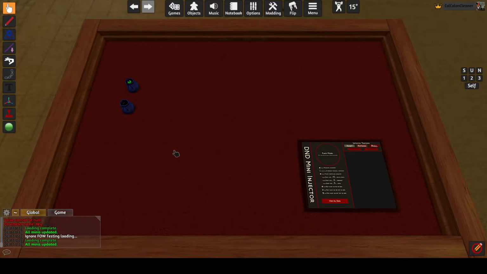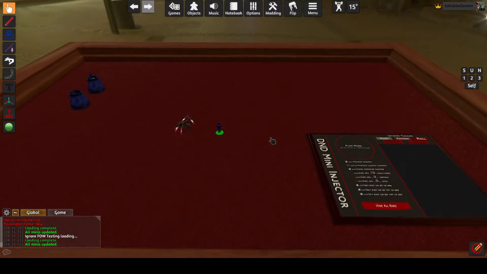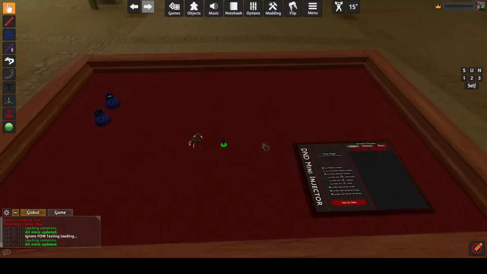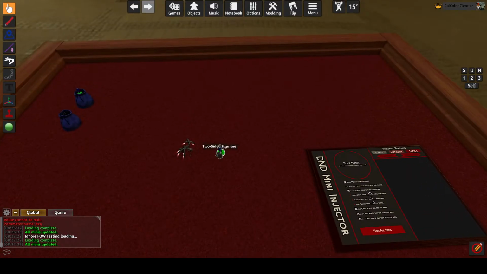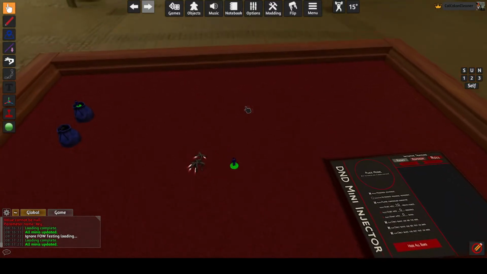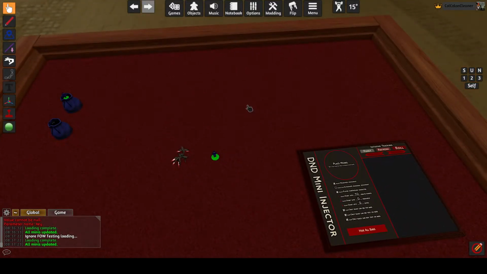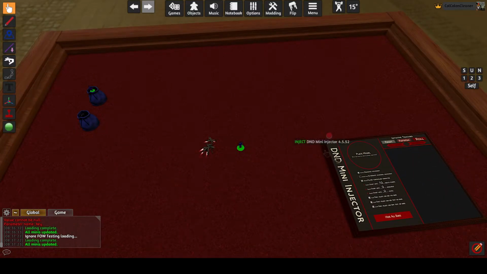Hello there. This is going over the problem you were having with models and asset bundles being corrupted after a save after being injected with the D&D mini injector. This is actually not a problem with the mini injector or any compatibility issue with those asset bundles or models. It is actually a bug with the Fog of War system, and it has already been reported on the Nolt